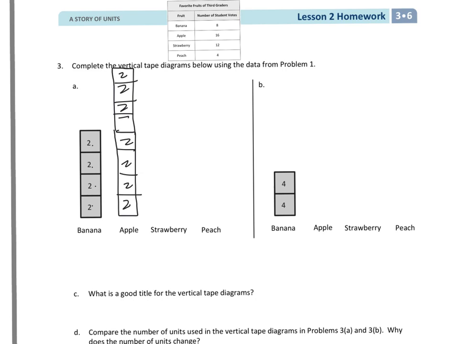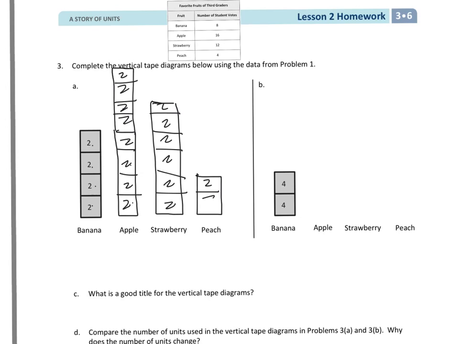It's not the best drawing in the world there, but we get the idea. Strawberry, I need to get up to 12. I know that that's right here because that's 2, 4, 6, 8, 10, 12. And again, I'm trying to get down to that starting point where all my tape diagrams are at the start. So that's 12. And then I need 4, so I'm going to draw it straight across at 4 and draw in. So now on part B, it looks like now we still have 8 for bananas, but we